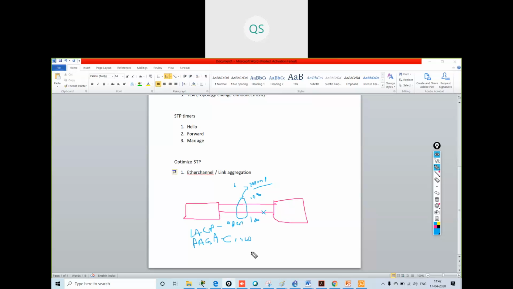What are the modes that we have in LACP and PAgP? What are the modes we have in PAgP? Desirable and auto. Yes. Then in LACP, what modes do we have?